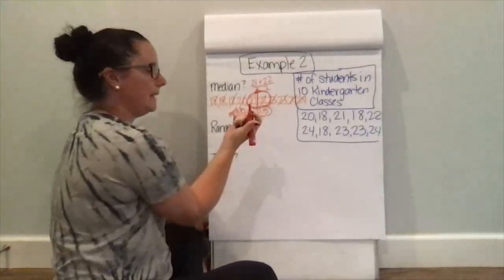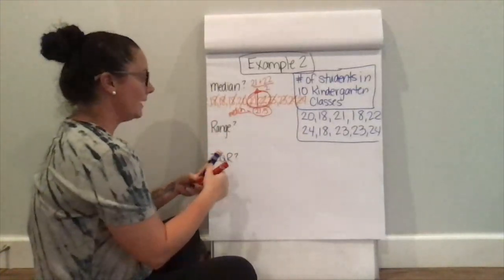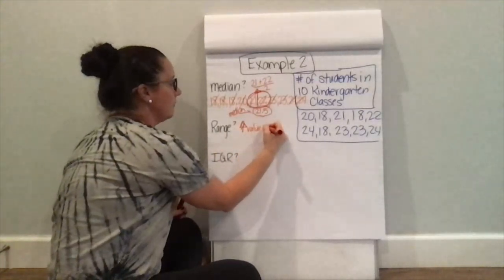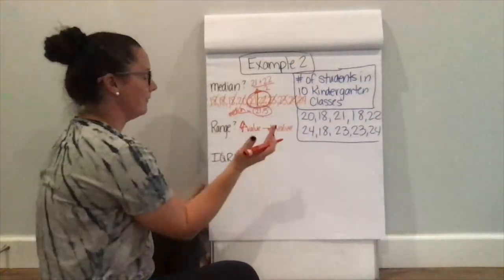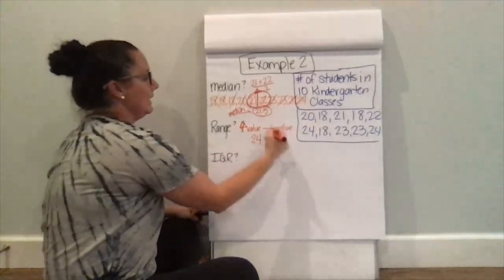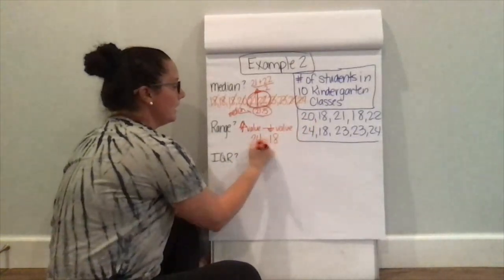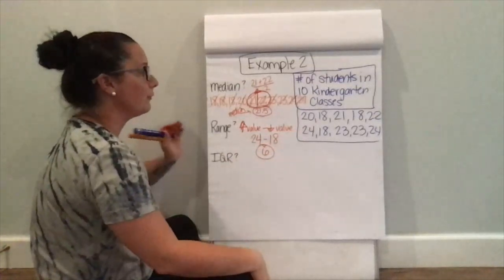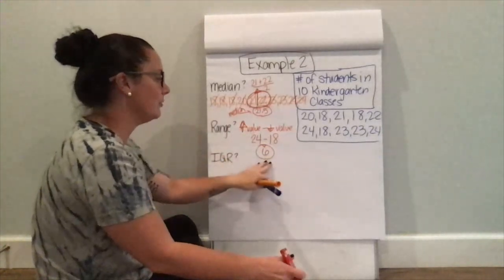All right, so now I've got my median. And from there, we are asked to find the range. The range is always going to be the highest value minus the lowest value, as you recall from the first video or the first example. My highest value in this example is 24 minus the 18. So my highest value minus my lowest value gives me a range of 6. So the range, or the variability in students from the highest number of students to the lowest number of students, ranges